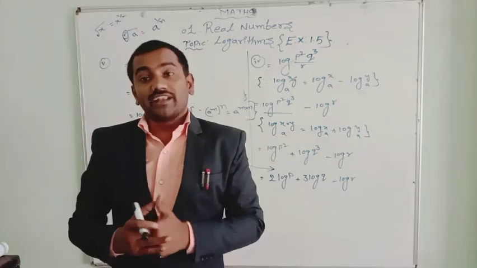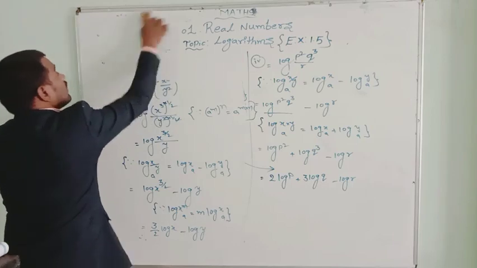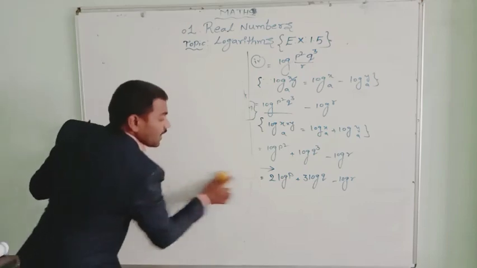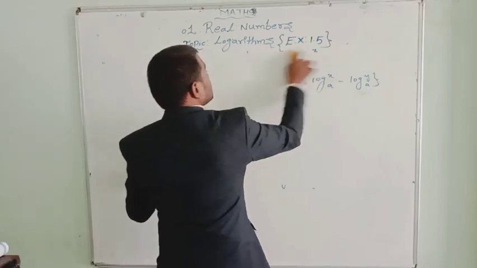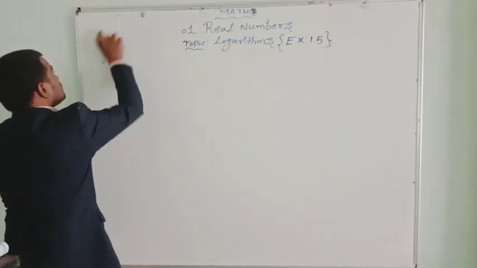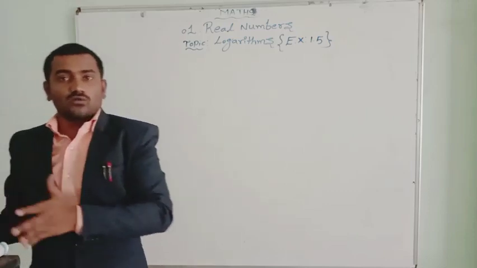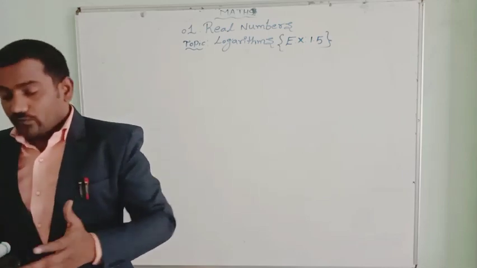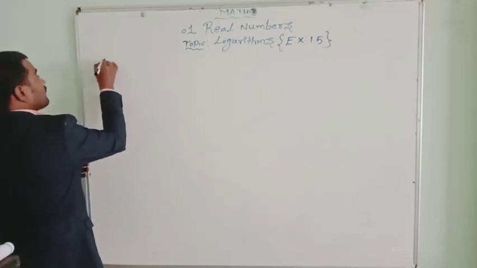We can go for the next question now. So what are the next questions? There are applications in the next 5, question number 5, 6, 7, 8 and 9. There are applications of these logarithms, very important for your 10th class because every time there will be one 4-mark question from this bit. So practice very carefully, and if it's possible, create new questions on the same model and practice. If you are not ready, you can go to Wikipedia or Google, where you will get many questions on the same model. You also practice that. Here is the 5th question.